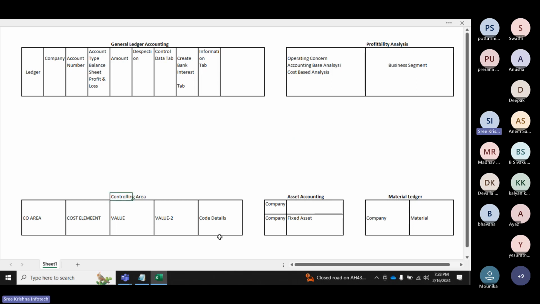Okay, for example, these are all your traditional data tables: general ledger accounting, profitability analysis, controlling, asset accounting, and material ledger. And we have a bank and others also. I'm just giving an example. You have different types of tables. This is actually called the traditional classic table procedure. But whenever you come to here,